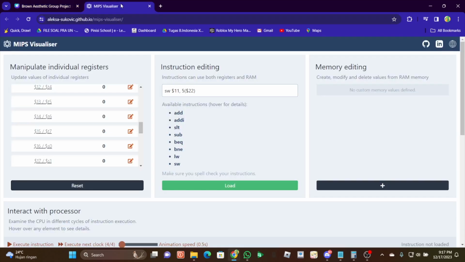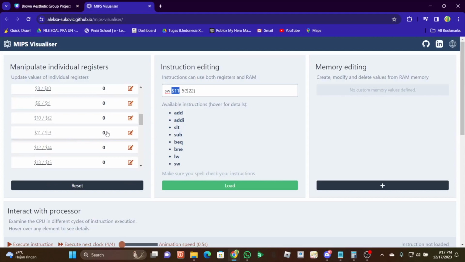Okay. Next, I would like to explain it using the MIPS visualizer. This is the tool that I use. For example, we use the syntax SW $11, which is the address of the value we want to store, and this is the target address. Because the source address is address 11, we need to change the value for address 11.